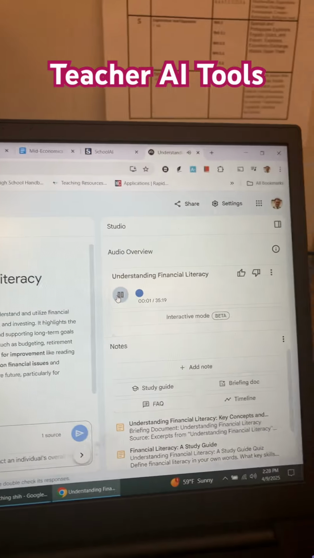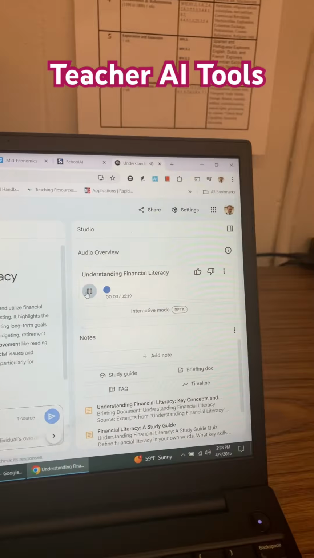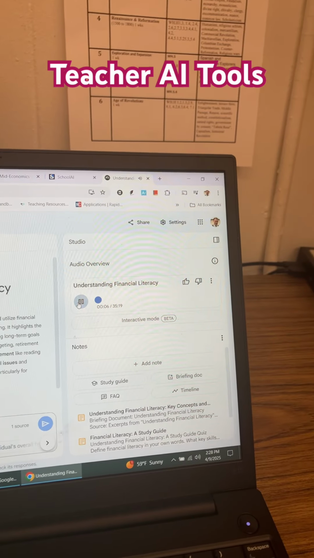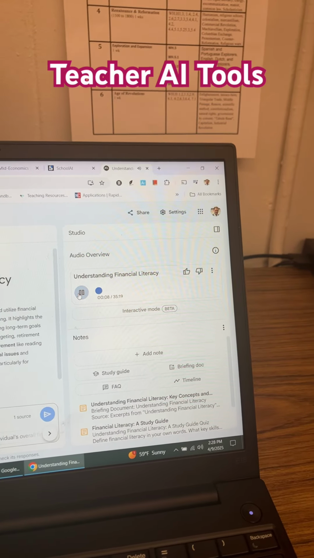Hey everyone, and welcome back to the Deep Dive. Today we're diving into a topic that's super important but often overlooked, maybe even a bit intimidating for some: financial